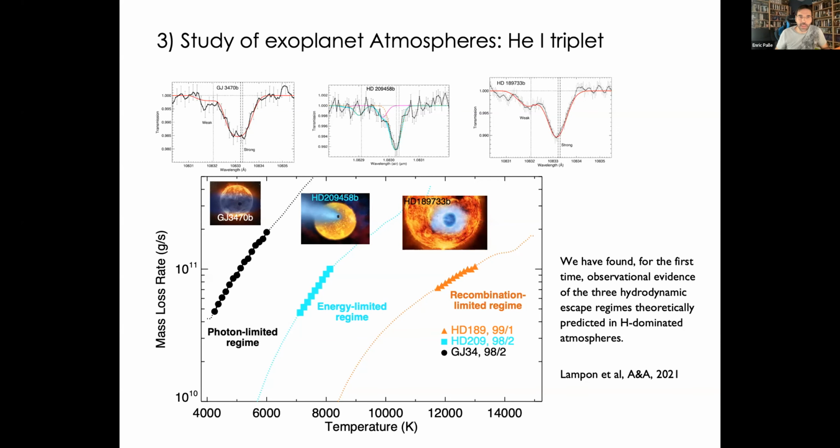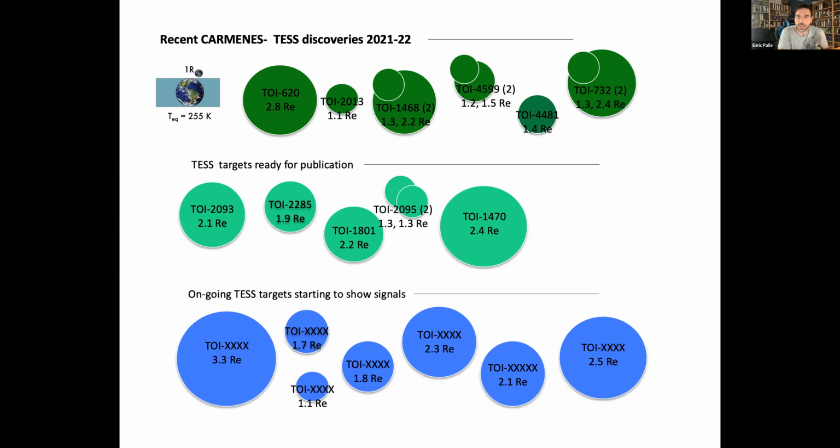If you want to see a taste of what comes ahead, these are the TOIs that have been recently published in the last year by the CARMENES team. These are the targets that you will see appearing on astro-ph in the next months, because we have detections and we are nearing different stages of publication. Okay, thank you. Yeah. Next up,